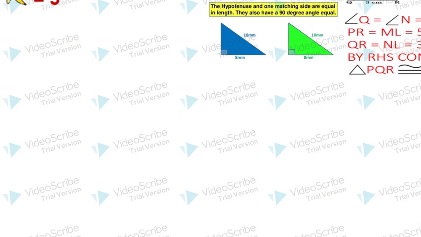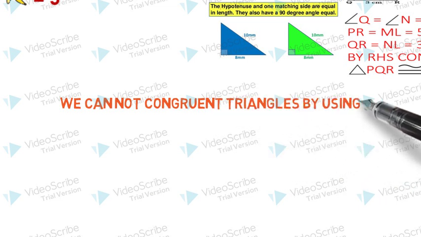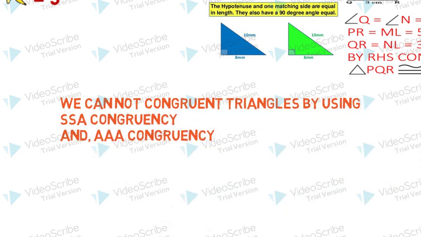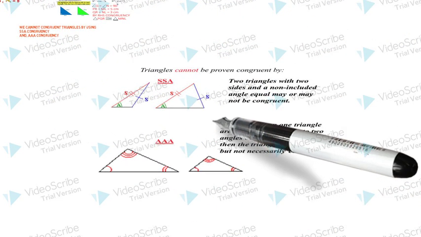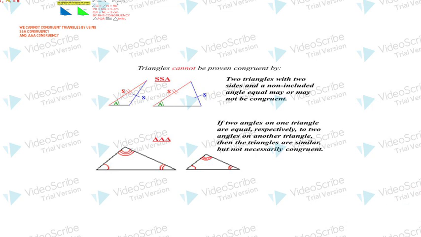Now let's come back to the topic. We can say we cannot prove triangles congruent by using SSA congruency and AAA congruency. Why? Let's see. In SSA congruency, 2 sides are equal and 1 angle is equal. But what about the other 2 angles that are not fixed? They can be equal, they cannot be equal. They may be or may not be. So in that case, the figure of the triangles may differ. That means they are not congruent. As I told you, congruent means exact copy. So in that case, the figure of triangles cannot be equal. So they are not congruent basically.